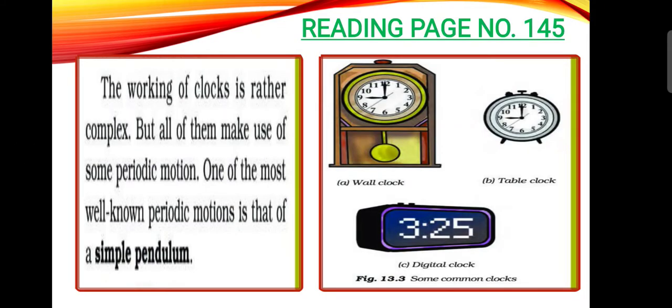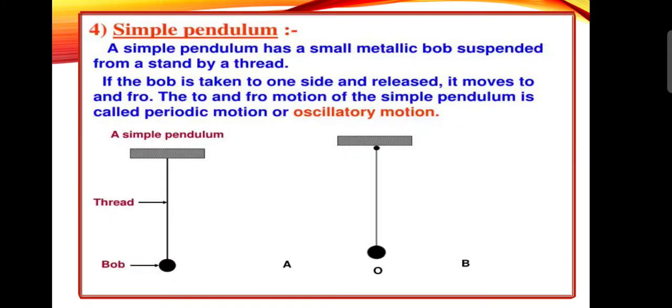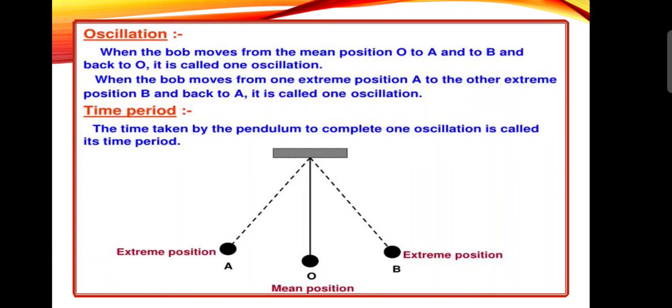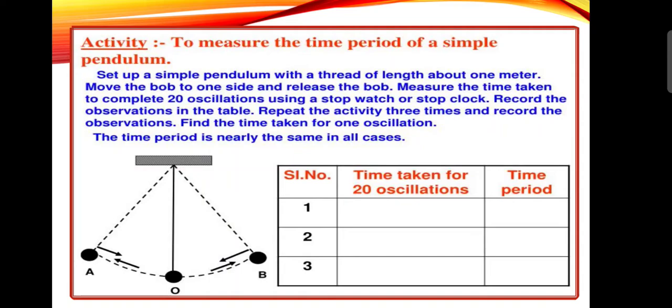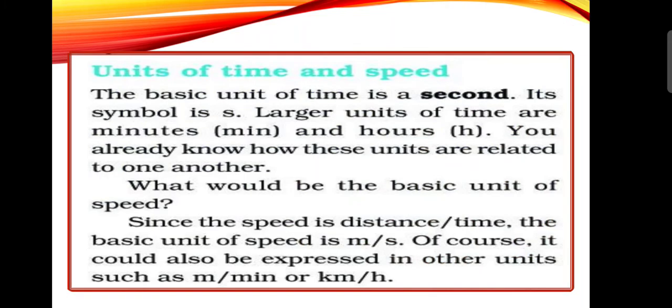So kids, just now we have learned about what a pendulum is. I hope it is now clear to you from this particular video about the oscillation and the motion of a pendulum. You have also understood how to find the time period of a particular object, so you can complete this activity now by using that formula of time period. Okay, now do it. Let us have another video to understand the units of time, and we will understand our next topic of measuring speed. Watch this video, children.